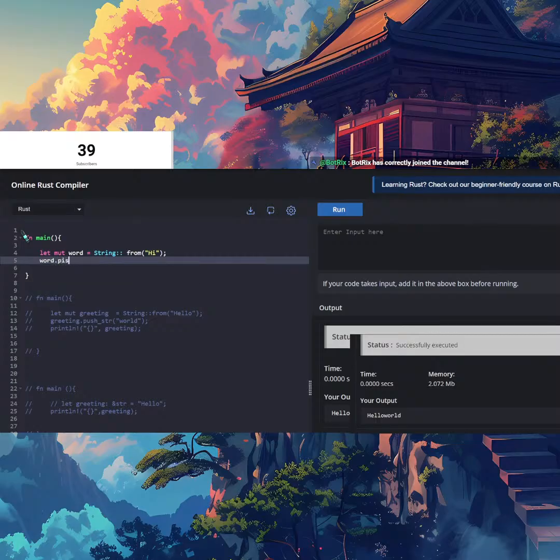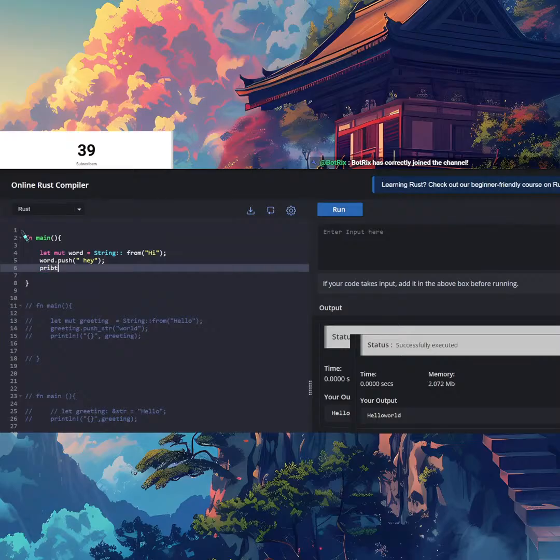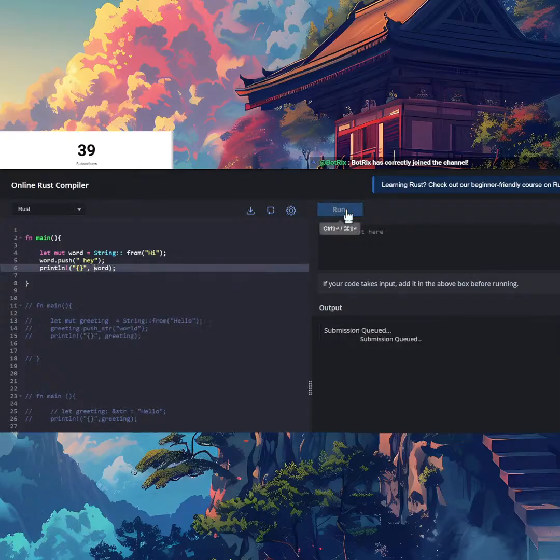Word push, and then we're just going to add a, and print on word. And this would for some reason result in this one as well.